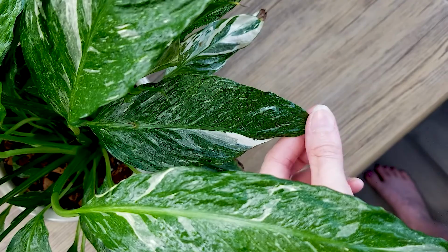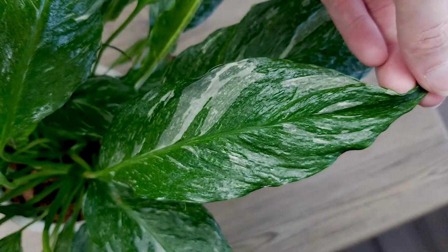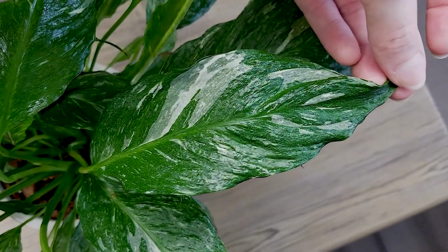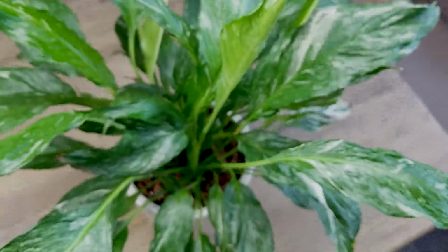They are beautiful plants, and this is a variegated peace lily called the peace lily domino. So you can see here it has a variegated leaf, and you can see its texture. There's so much texture on the leaf. I love that about this peace lily. I can just look at this one all day, and it's a very faint type of variegation, so you don't even notice it until you walk up on it, and then you're like, wow, what type of peace lily is that? So I love this plant, and it sits underneath the TV right there,